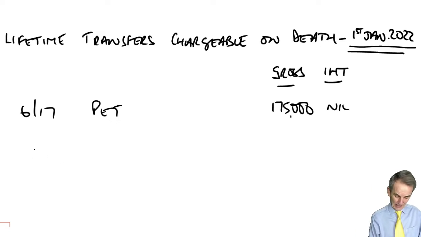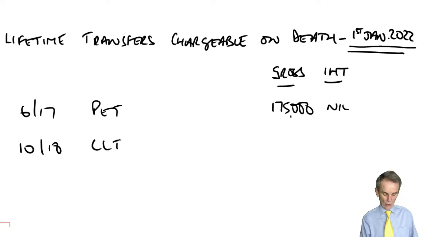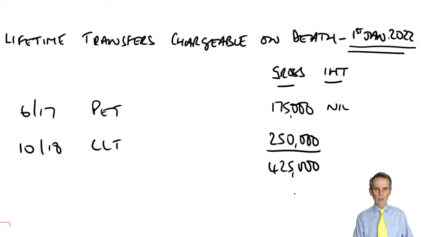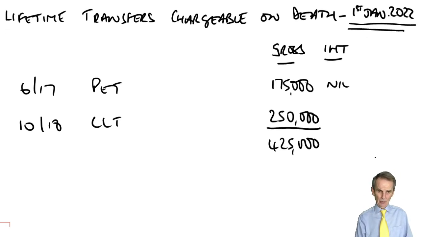The next relevant date was October 18, when the first of the two CLTs arose. Go back to the previous computation. What was the gross chargeable transfer? It was the £250,000. That means you've now got a cumulative total of 425,000. You've now exceeded the available nil rate band. So I'll need you, therefore, to compute the tax arising in relation to that particular transfer, before then moving on